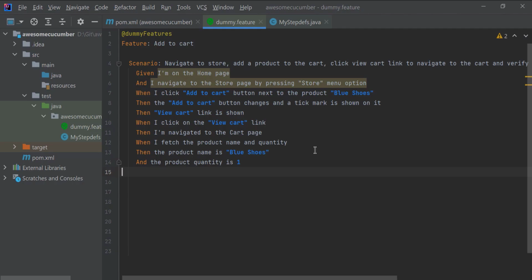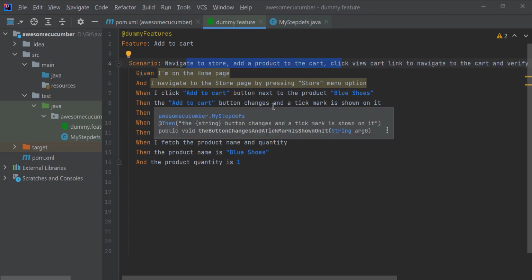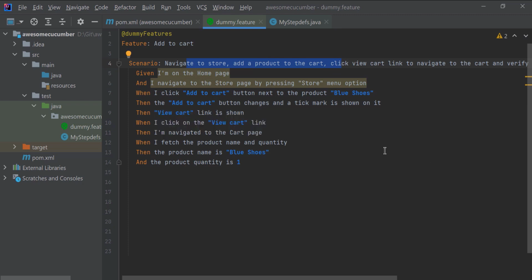Welcome back. So now this scenario has got a really bad scenario name. It is very lengthy and is not quite readable. So it is an example of bad scenario name. Similarly, there can be examples of bad feature name as well. So it is a good practice to give good name to feature, to scenario, to rule, and so on.